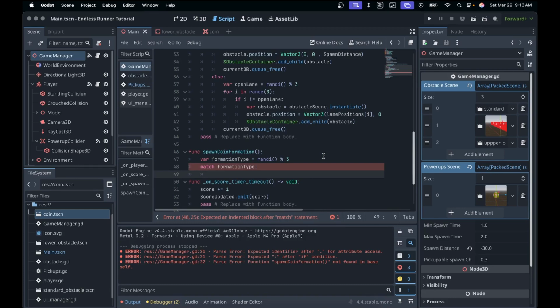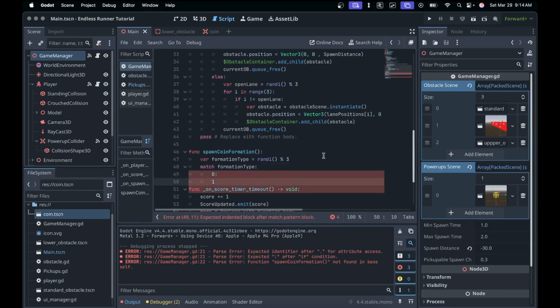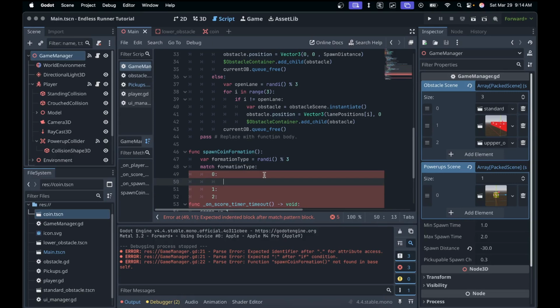So a match allows you to have values. So like 0, 1, and 2, right? Because we have a rand 3, right? So we can do up to 3 values here. And then we can basically have 3 different ways to handle our spawning of our objects. So first things first, it could be a single coin. So var coin is equal to,